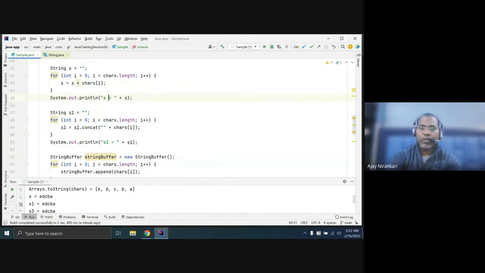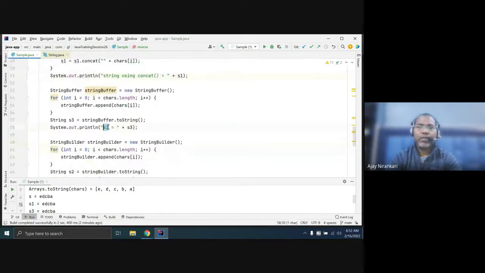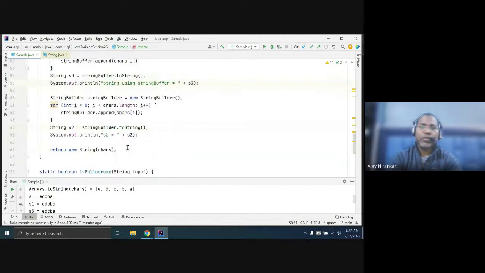These are the different approaches: using plus, using concat, using StringBuffer, or using StringBuilder.